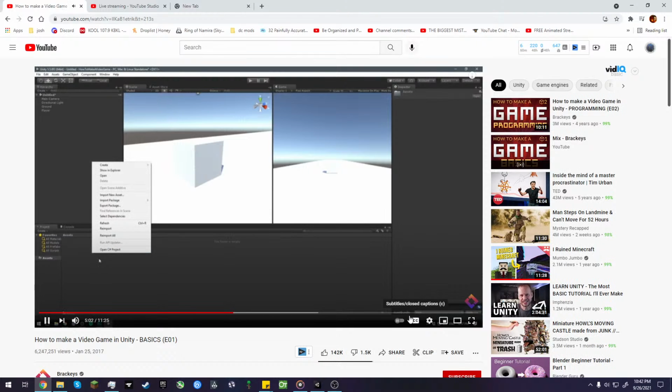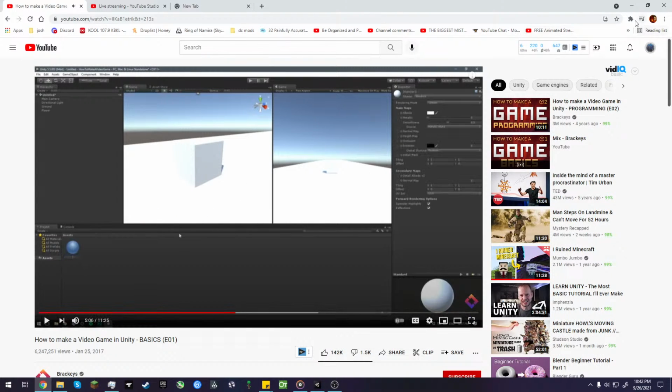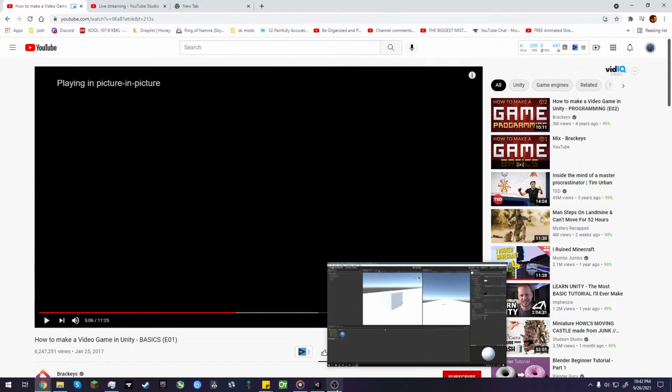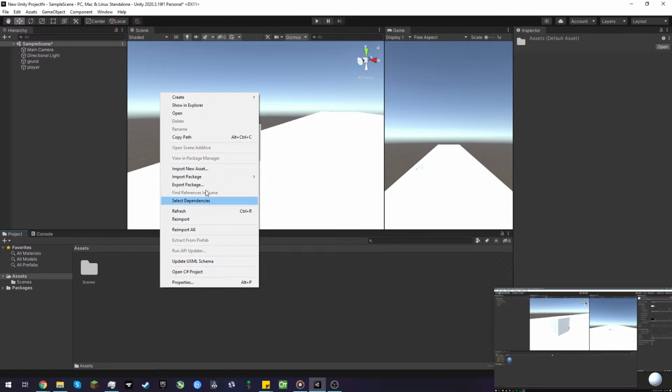Project panel. So let's right click down here, go create. So the side of assets. Create